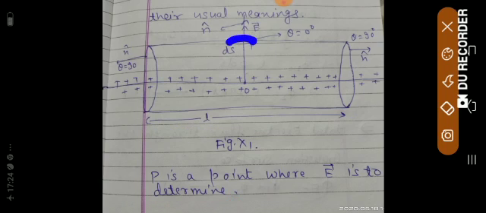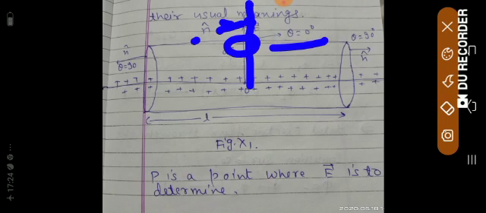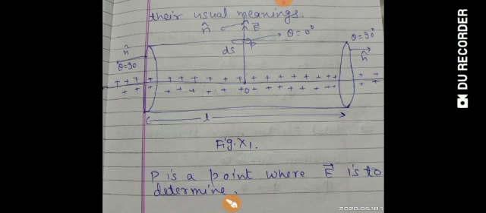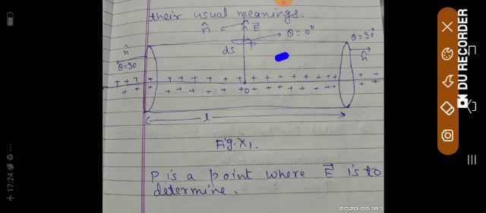The ds is the area. Electric field is here, and n cap is the normal vector. Always I told you earlier, what is the angle between E and n cap? That is 0. But what is this? It is the curved surface area. This one is the curved surface area. I am going to show you one more time, student. Theta is 0 degree. It is the angle between electric field E and n cap. Theta is 0 degree for the curved surface, whatsoever is the position.